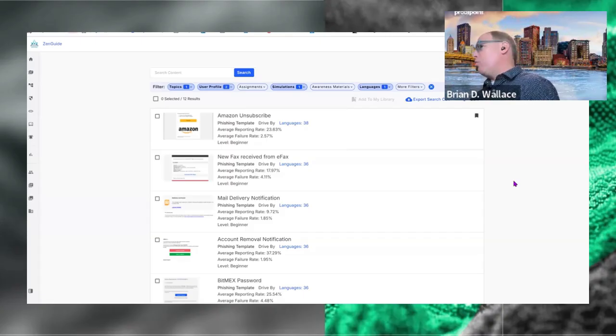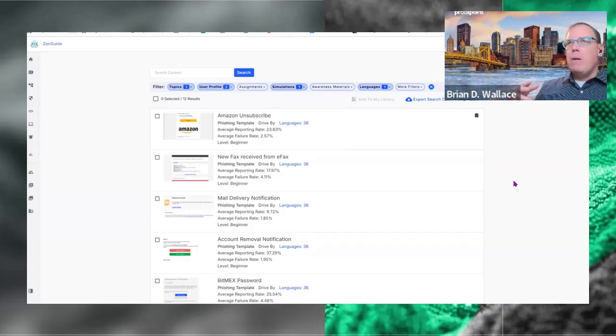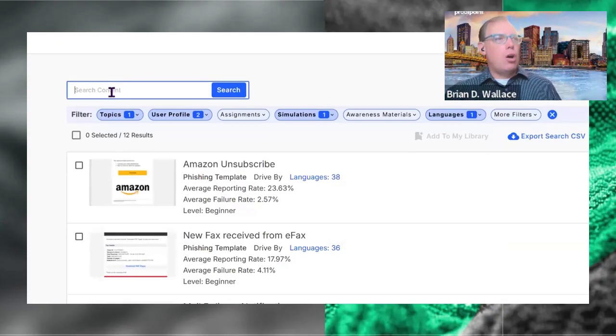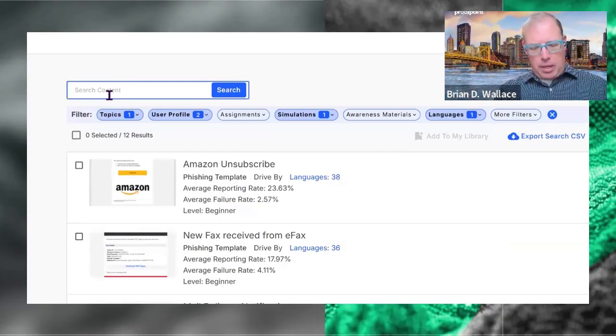The final thing that we can do, so let's pretend this isn't 12. Let's pretend this is 46 templates, right? That's still maybe too many for most of us to want to go through. Maybe there's something that we saw in our intelligence stacks, or maybe there's something coming up like a Prime renewal or Prime Day or something like that. And we want to do something based on Amazon as an example, right? So we're going to go ahead and type in a keyword.